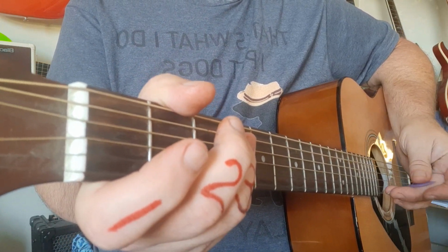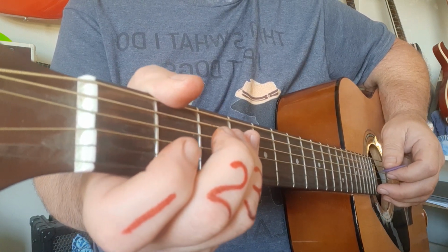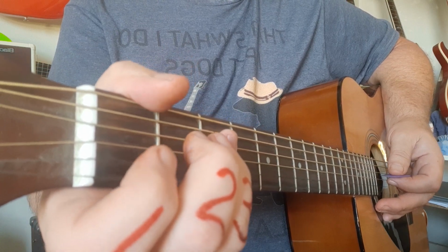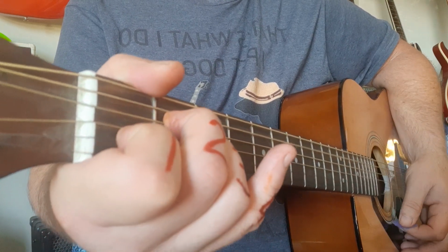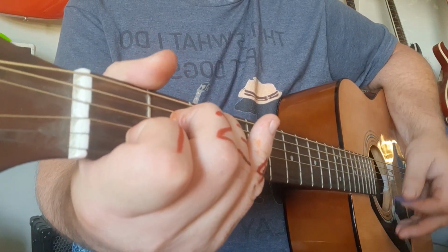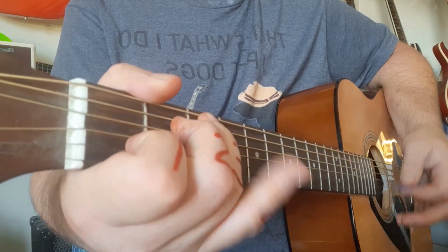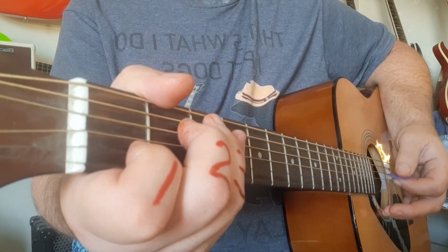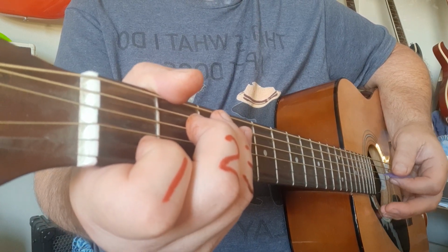Nice and easy. Just watch your bass notes. The bass note obviously for the F is going to be the 4th, etc, etc, and you got it. The 3rd verse, when he sings I swear she's destined for the screen, it's just 1 strum on the A minor, 1 strum on the G, 1 strum on the C, and wait for 2nd bar, 1, and there you go. And that in essence is all we need, all the techniques and rhythms and structures we need for Riptide